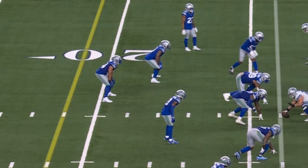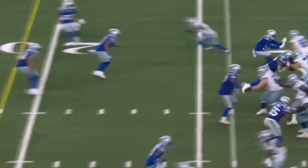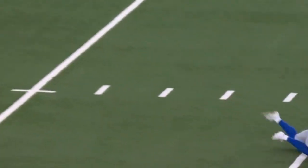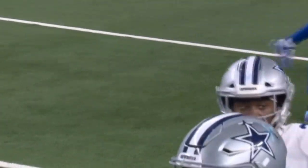3rd down and 7. Prescott dancing, throwing, caught. 10-yard line. Brandon Cooks. Brandon Cooks played with Houston last year, traded for him. He's been around 5 teams in his career in 10 years in the National Football League, and that's going to